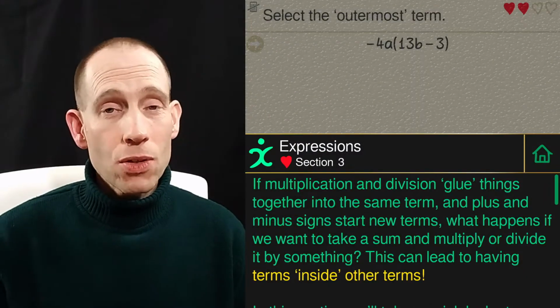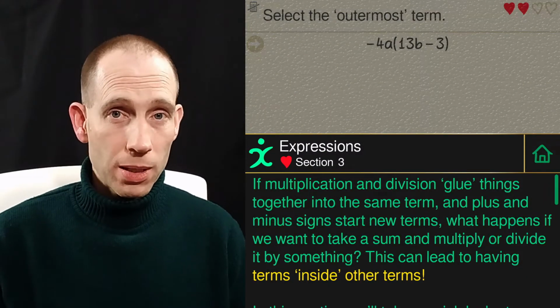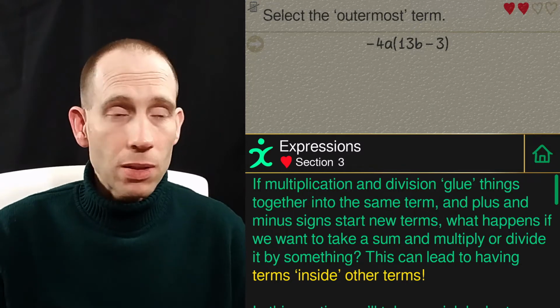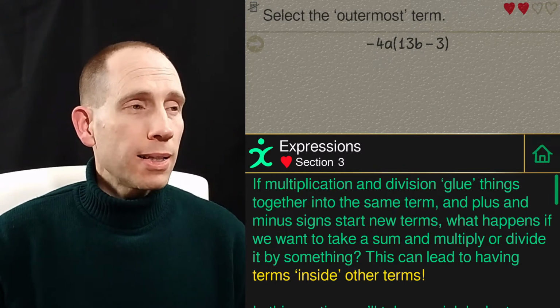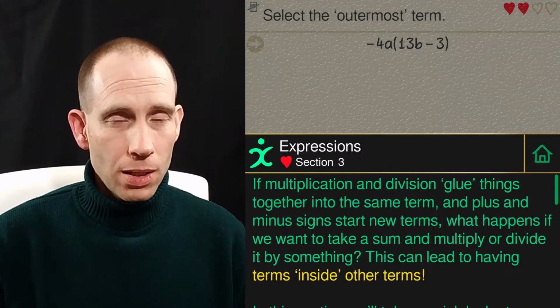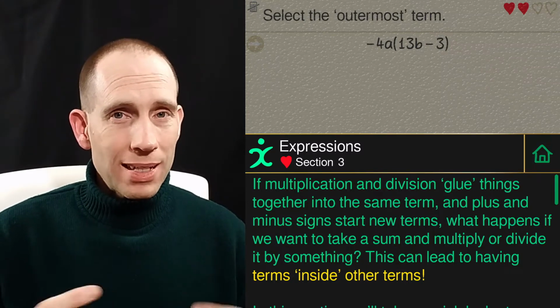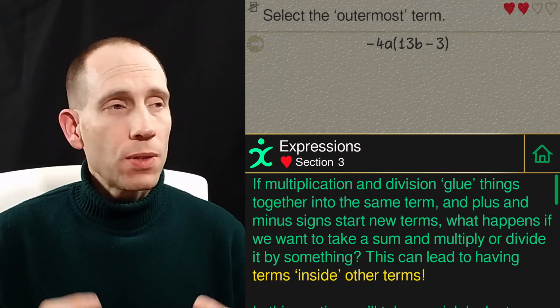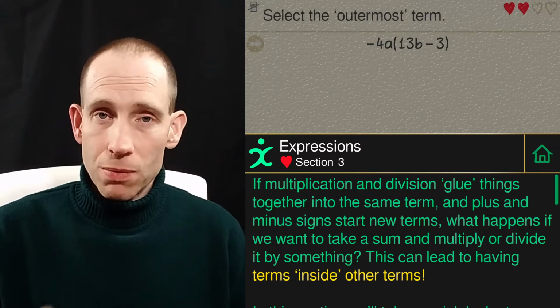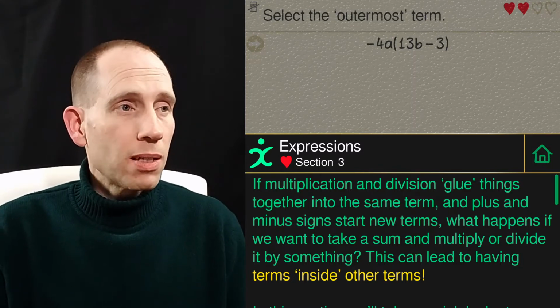So this is the third section in the expressions topic in Algebra Tutor in this little walkthrough tutorial. We're going to be looking at nested terms, so terms inside of other terms. If multiplication and division glue things together into the same term, and plus and minus signs at the beginning of new terms start new terms,